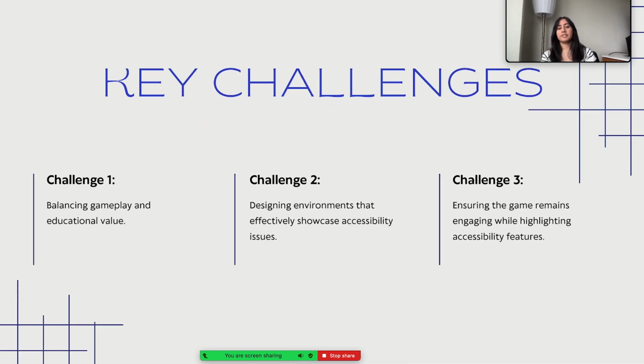Problems and key challenges. Preparing the game mechanics to effectively communicate the value of accessibility without coming across as forced or didactic was one of the project's major problems. A further difficulty was creating a balance between the game's instructional and entertainment aspects. Furthermore, it was difficult to ensure the game remained engaging to players throughout the process. These difficulties forced me to use my imagination and to iterate continuously, resulting in a project that is now thought-provoking in addition to being instructive.